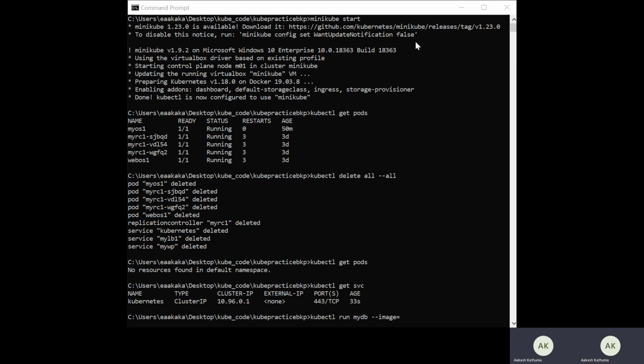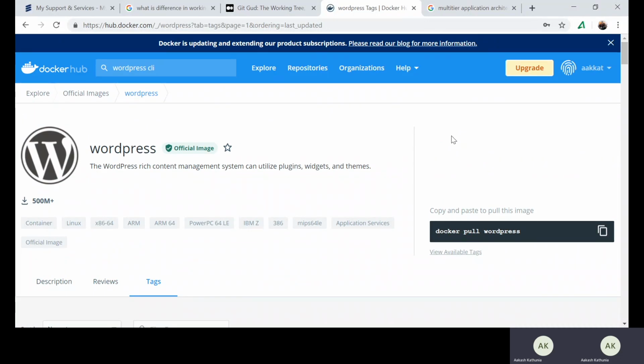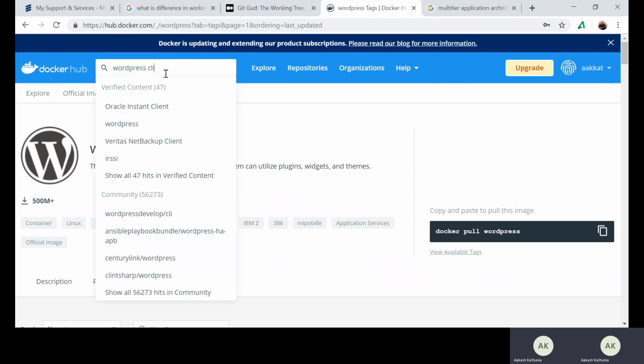Let me just show you. Let me go to the browser and show you how the Docker Hub looks. Accordingly, you can search your image and create your own architecture. So if you see here, this is the Docker Hub, and in this Docker Hub, you will see the WordPress application that is opening. Here I am using my own credentials. You can create your credentials on hub.docker.com and find this image.